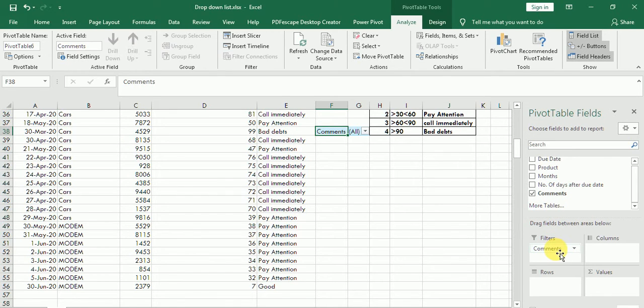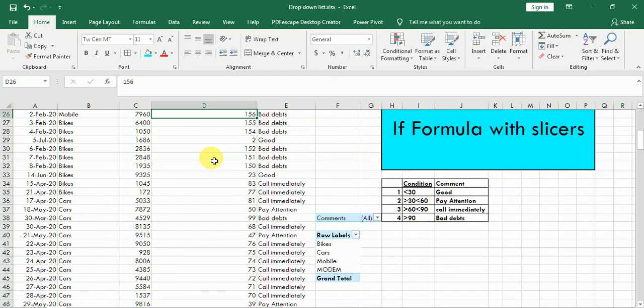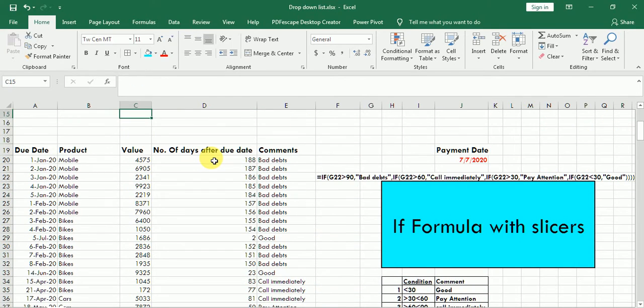Now see, I have put the comment over here. Now product in the row, we have to simply press left click and then move it down, and we have values as well. Why is it not showing the values?